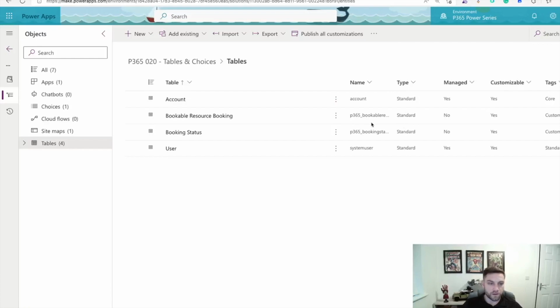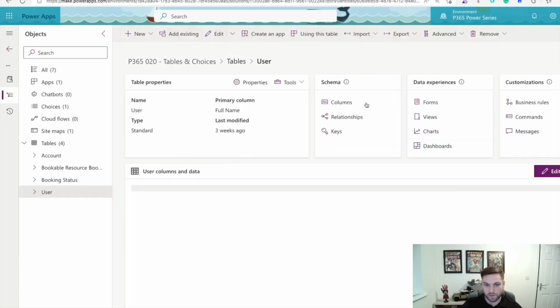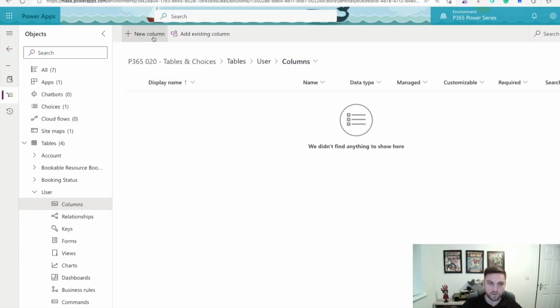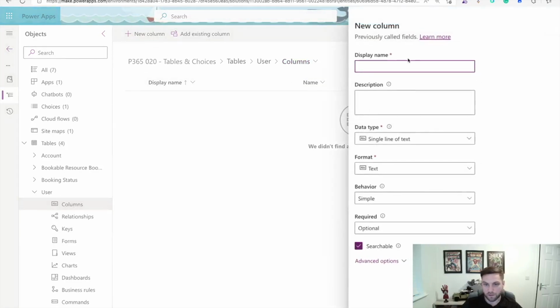So first things first is we're going to navigate to our tables and choices solution. And then I'm going to go into my user because this is where I want to add a field. I'm going to add a salary field in here. So once this opens up, I'm going to go to columns, and in here I just want to put a currency field for salary. So if we click new column, I'll put salary, description